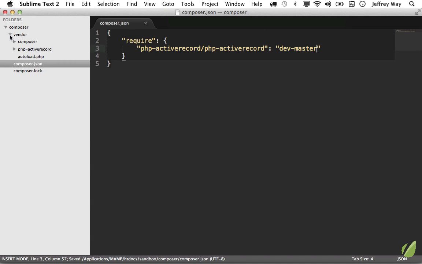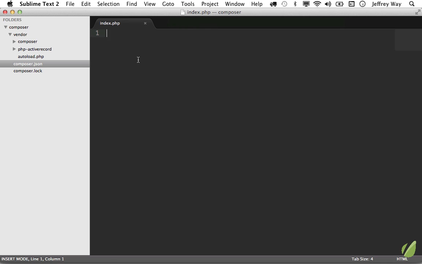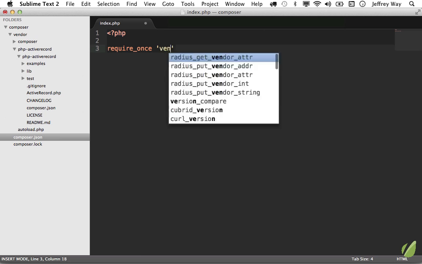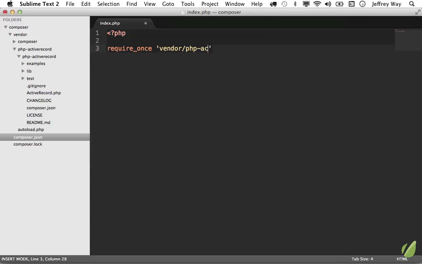So the first thing, of course, is to include the library. So I'm going to create a new file, and we're just going to store this in index.php for the time being. I'll begin by requiring the ActiveRecord.php file, and we can see it's within PHP ActiveRecord. Looks like the directory is duplicated, but that's okay. And what file we want is ActiveRecord.php. So let's go ahead and grab that. Vendor, PHP ActiveRecord, one more time,